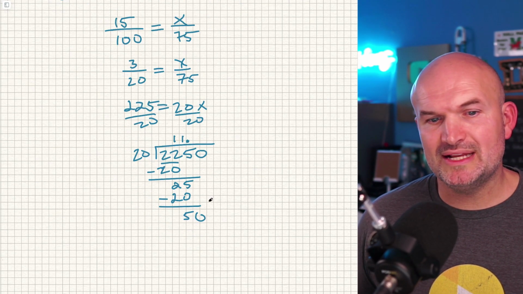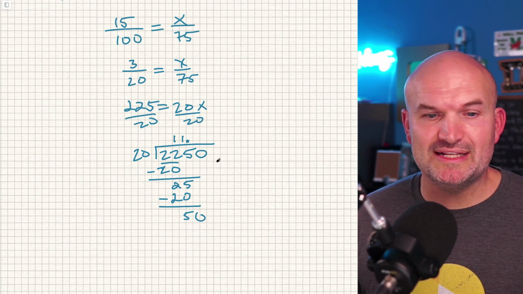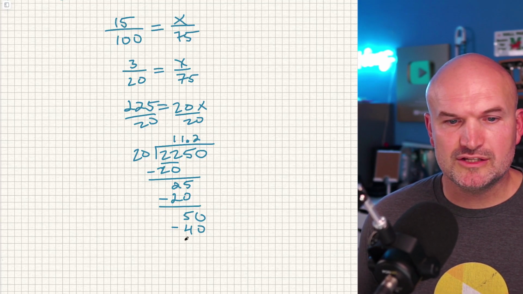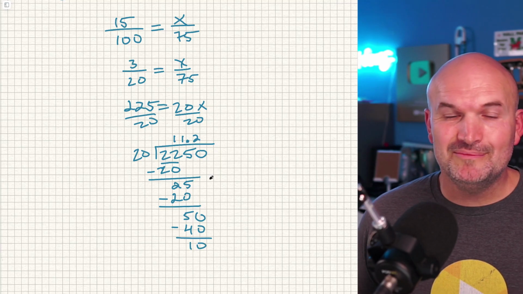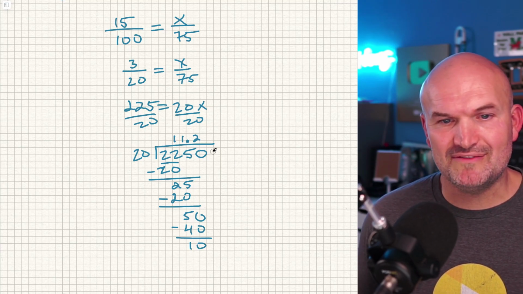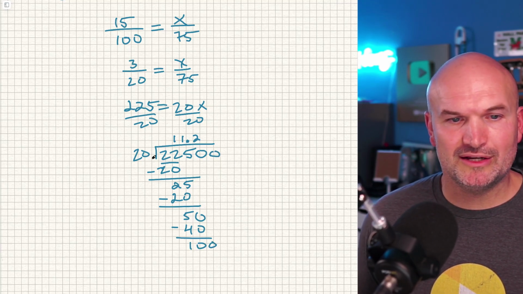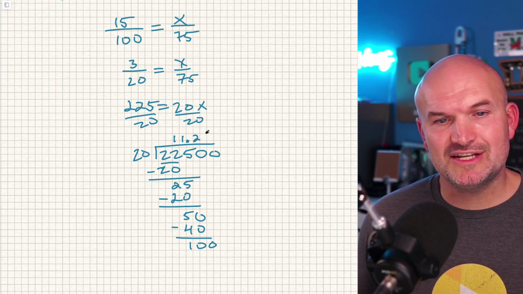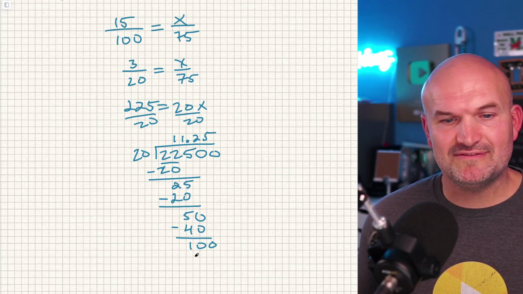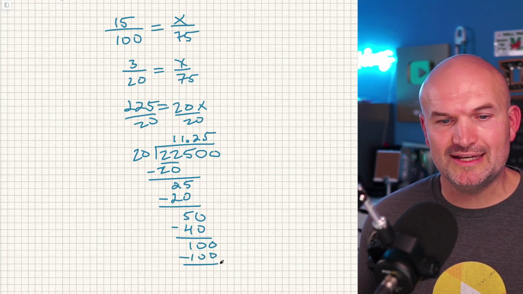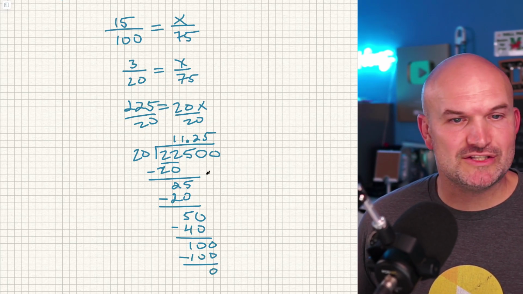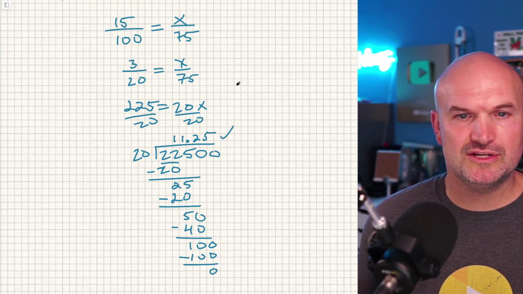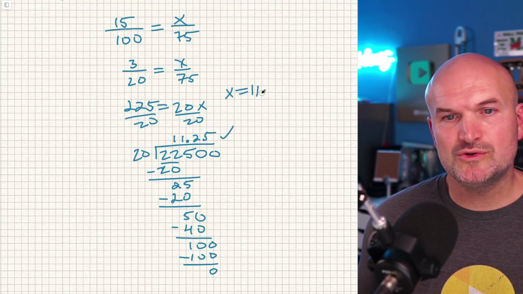And now I can say, does 20 divide into 50? 20 divides into 50, let's say 2 times. 2 times 20 is going to be 40. Subtract your rows. Again, you're going to get a 10. But again, once we've already created our decimals, we just have unlimited zeros here. So I can bring another 0 here. 20 divides into 100. You can say, hey, that's going to go in 5 times. And then 5 times 20 is 100. And look at that, ladies and gentlemen, we get a 0 as our remainder. So 11.25 is going to be our final answer. So we can say X is equal to